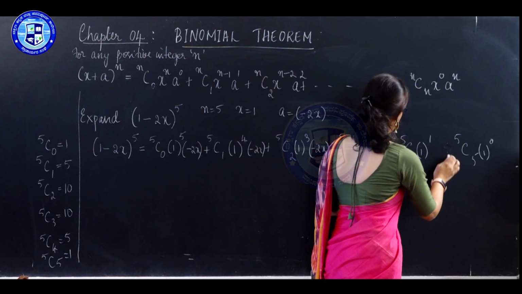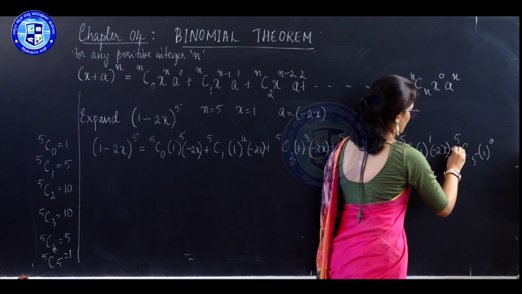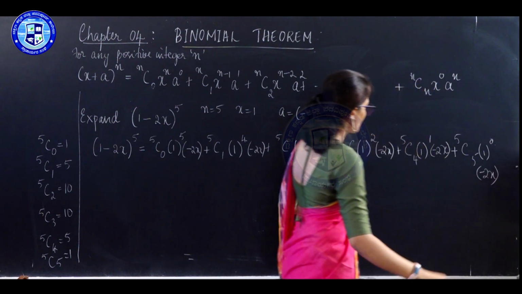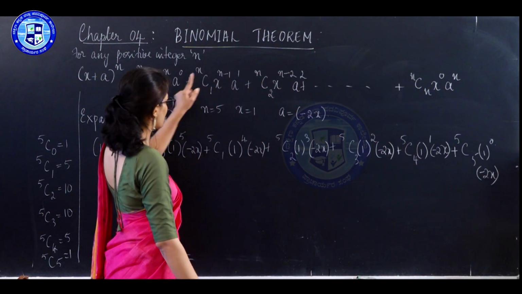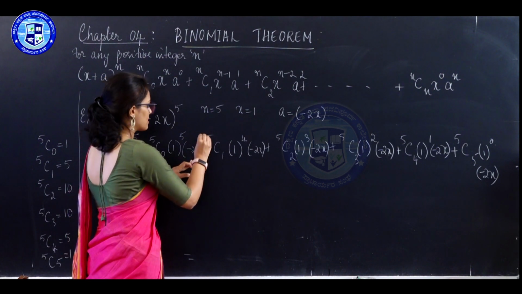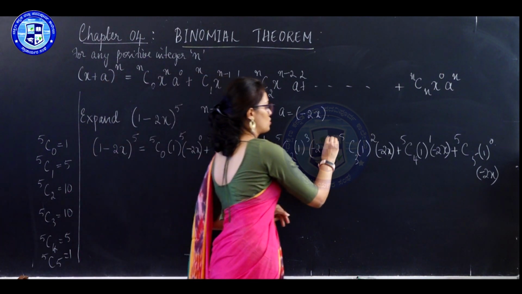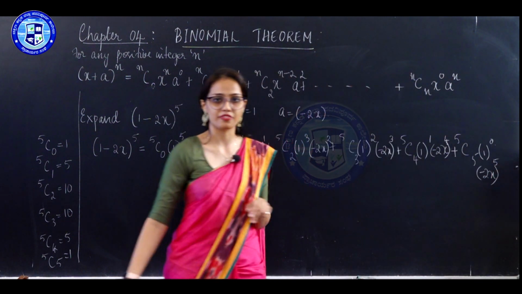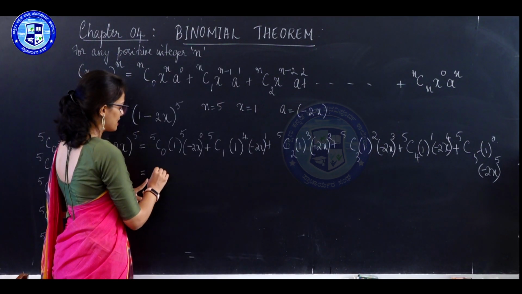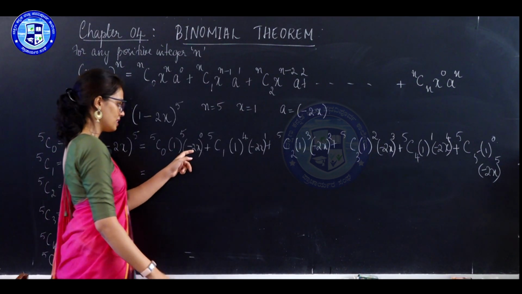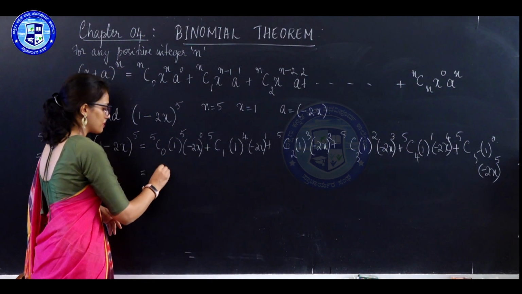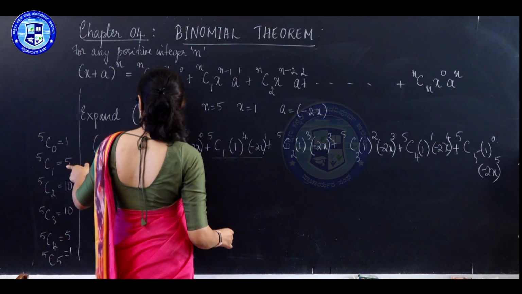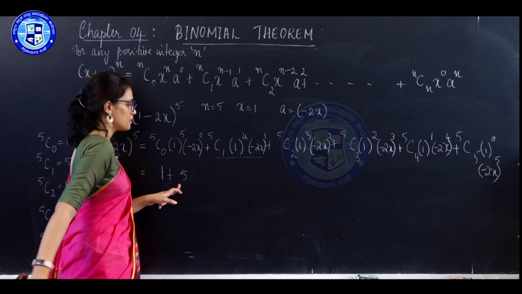plus okay. Now, a terms the power goes on increasing. So, we start with the 0, we have 1, 2, 3, 4 and the last one gets the power 5. Okay. So, let us simplify this. 5c0 is 1, 1 to the power 5 is 1. This will be equal to 1 because raised to the power 0. So, the first term is 1. For the second term we have 5c1, we have calculated, we have the 5c1 value is 1, 1 to the